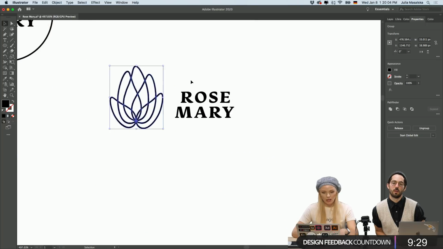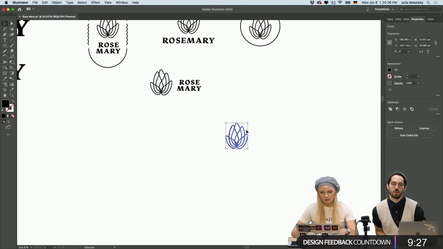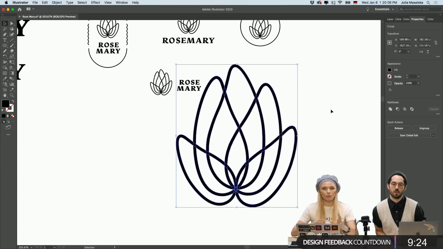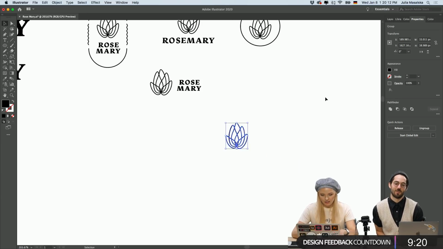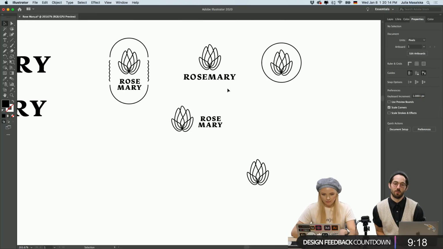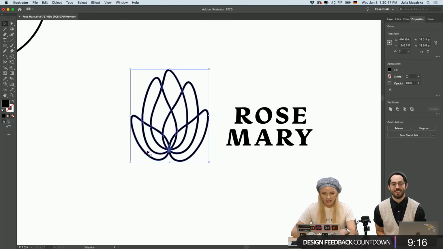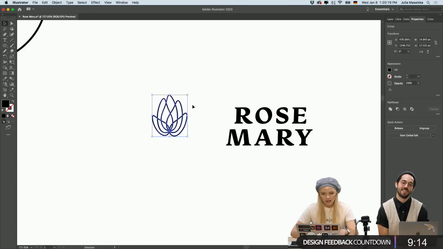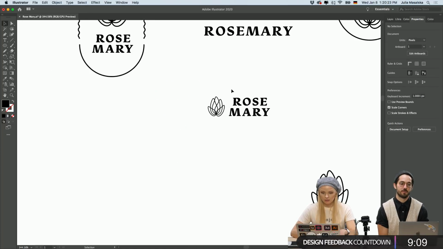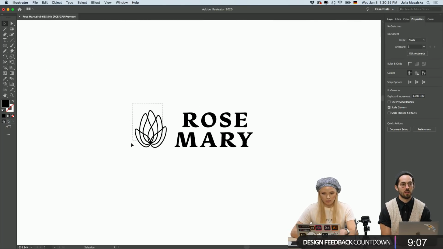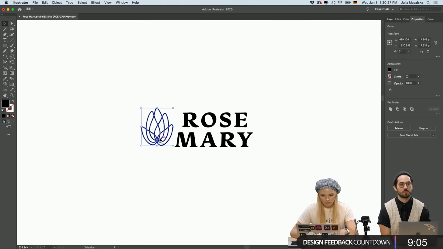So now if we scale this up, the proportion would not get distorted. Cool. So you can kind of baby-proof it a little bit. Yeah. And also, if I make it smaller, the lines don't get too thick. Super cool. That could be one variation of the logo.